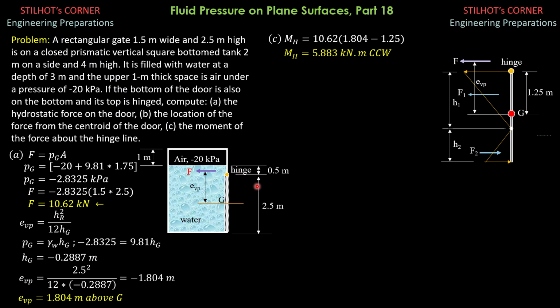We only go down by 0.5, and the pressure at the bottom is expected to be positive. Let's find that point where the pressure is 0. This is the pressure diagram, and we have F1 here, which is the same direction as the answer here. So F is there, and F2 is to the right. So F is equal to F1 minus F2, and it is leftward.